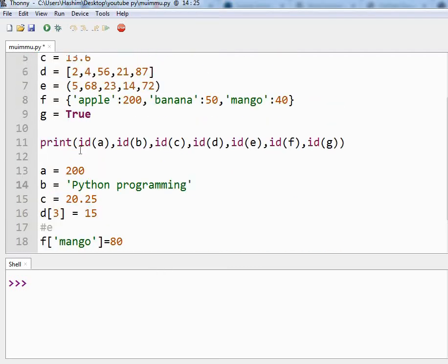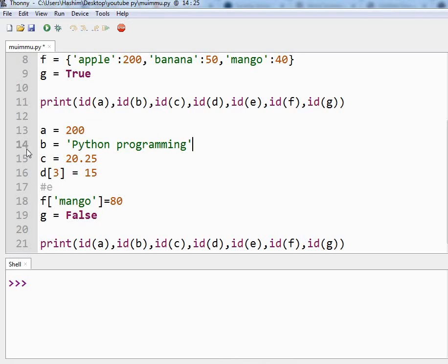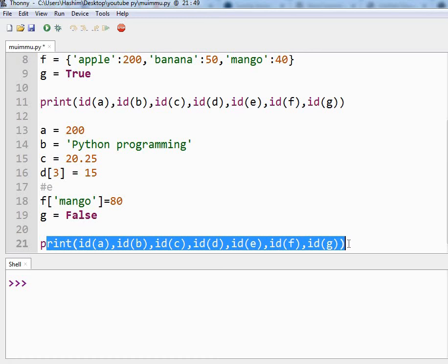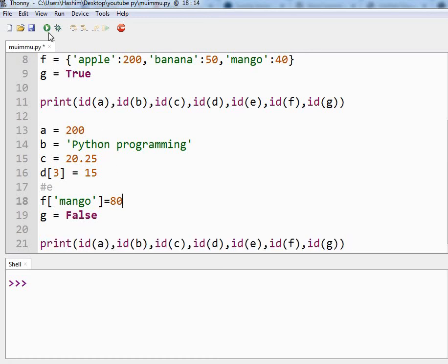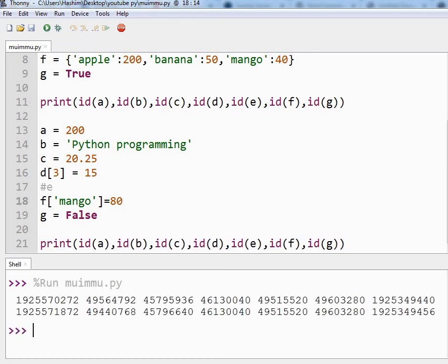The program will see some values which are changed and it will print the IDs again. So let us run the program. This is for our variable A, this is for B, C, D, E, F and G.